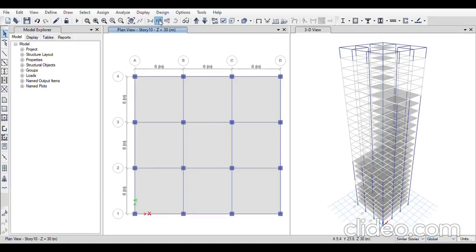I'll go to 25th floor, which has a small mistake. I'll select it. The beams are not there all over, so I'll delete them.